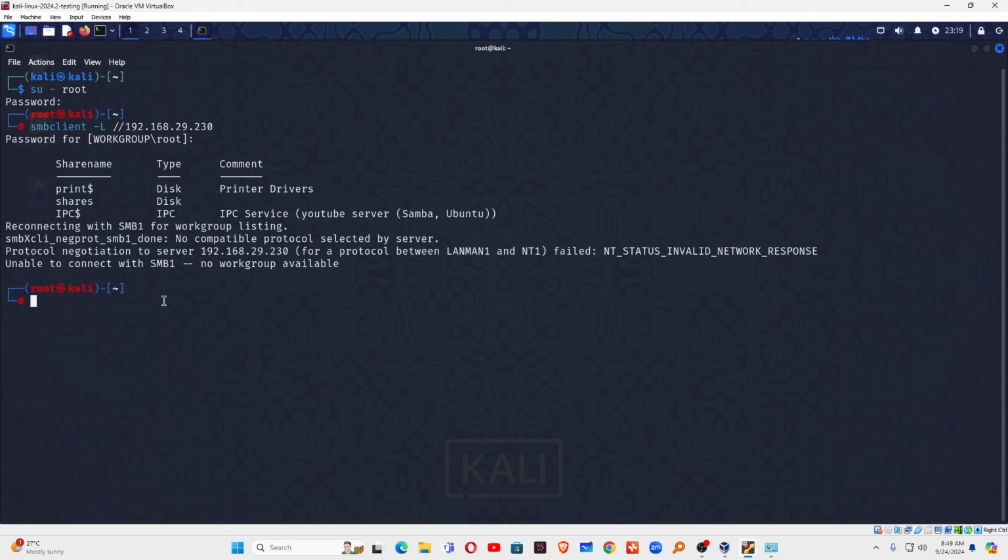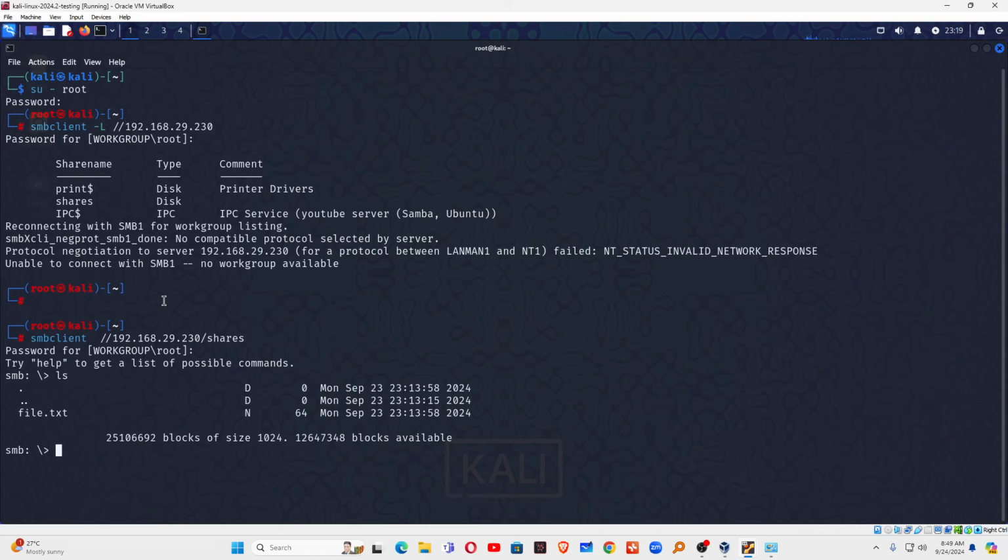Now if you want to access the share, you can directly type smbclient, then the IP address of the Samba server and the share name which you have given in the configuration, and press enter. See, you are inside the Samba server. Here if you type ls, you will see the file file.txt which you created on the Samba server.